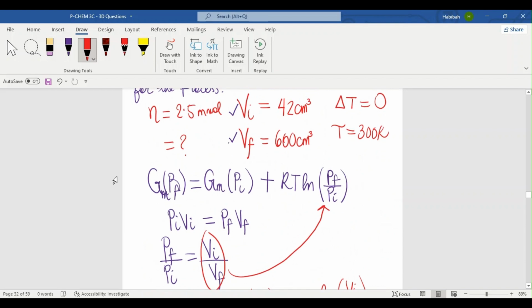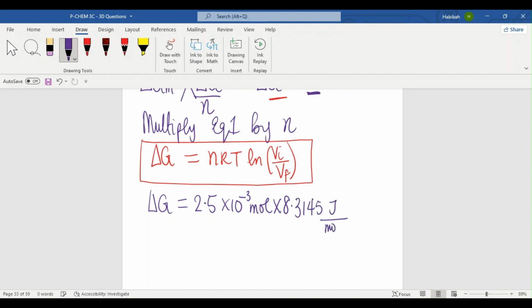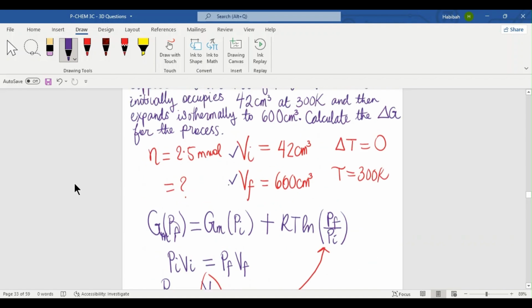So the next thing you have to do, of course, is to simply substitute. We have 2.5 millimoles. So the change in G becomes 2.5 times 10 to the power negative 3 moles, millimoles, times 10 to the power negative 3 moles, times, we're going to be using the gas constant, 8.3145 joule per mole Kelvin, because the change in Gibbs energy would have to have the units in joules. So we have to use the gas constant that matches the unit of what we're solving for, which is a change in Gibbs energy. So that times the temperature that we're given, going back to our question, we see our